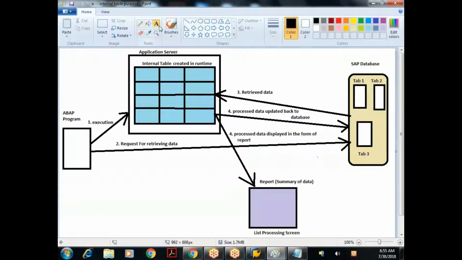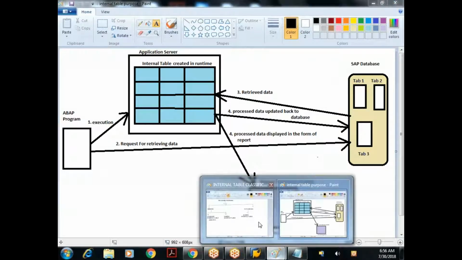But the general purpose of an internal table is to store the data retrieved from the database. Since we don't know how to read it from the database at this point, we'll see how to fill the data manually and how to process it with different statements. Later, after 3-4 days, we'll see how to interact with the database also. Okay, so let's see some examples on internal tables.